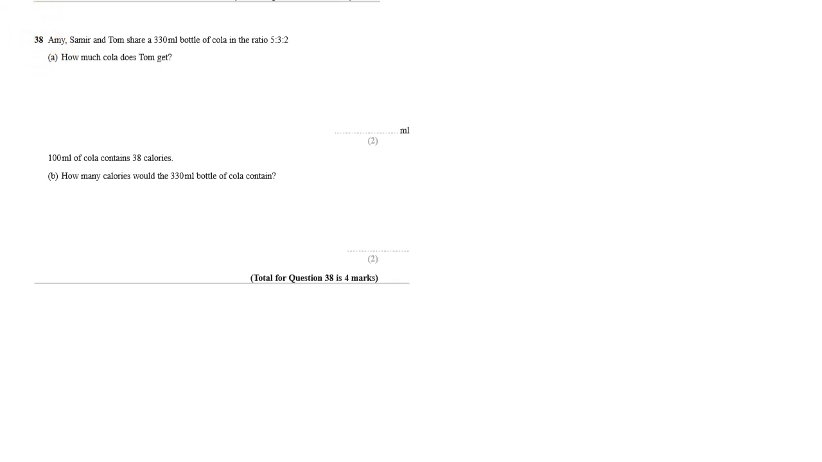Question number 38. Amy, Samir and Tom share a 330 ml bottle of cola in the ratio of 5:3:2. So Amy is having 5 parts. 1, 2, 3, 4, 5. Then Samir is having 3 parts. 1, 2, 3. And the Tom is having